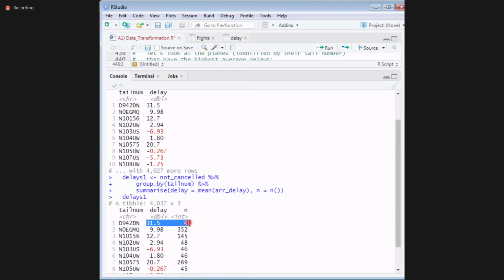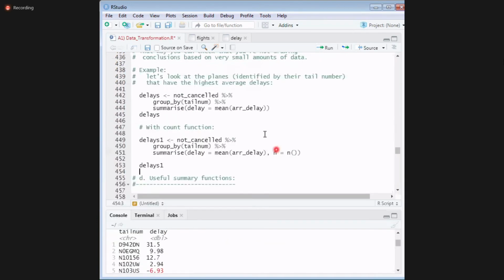Only for 4 trips it has given a delay of 7 minutes. If you don't have this count and have only the delay, we can't come up with a conclusion. We might take a conclusion based on a small set of values. Understood why count is important?